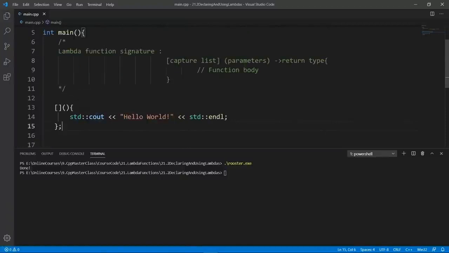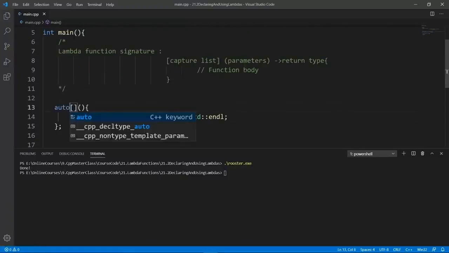One way we have to call it is to give it a name. And we have seen that to give it a name, we have to